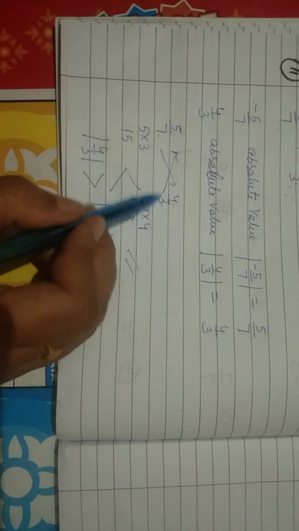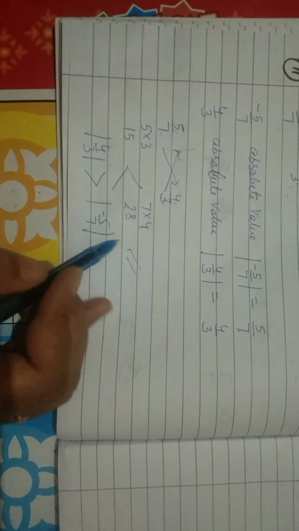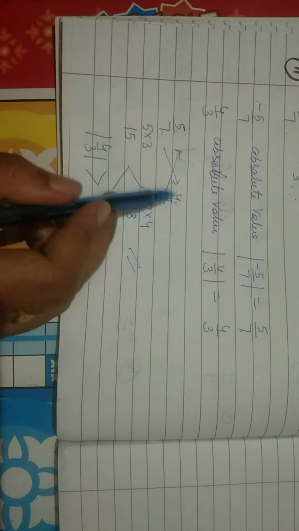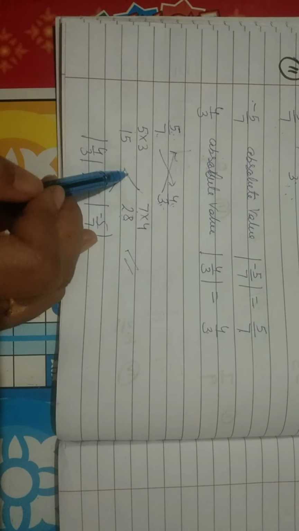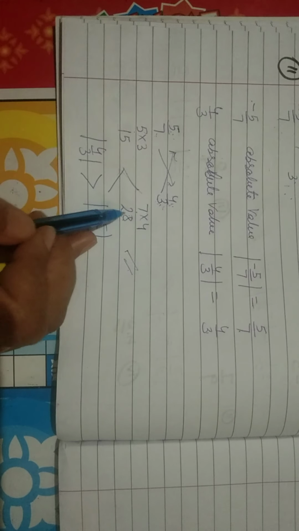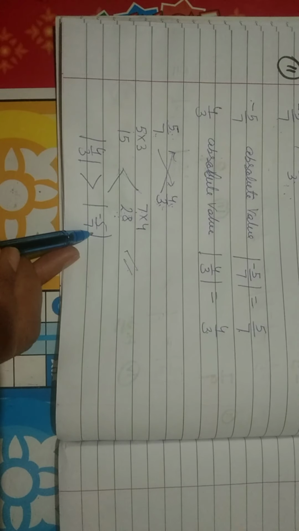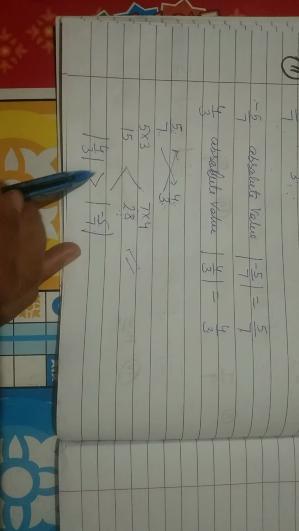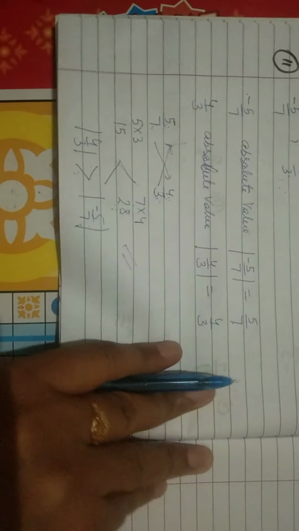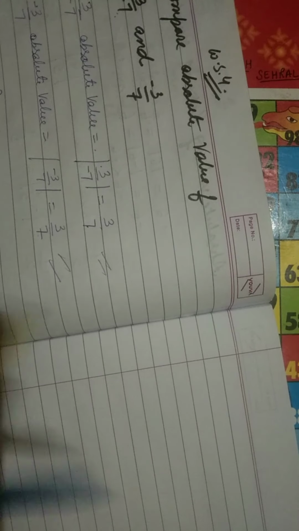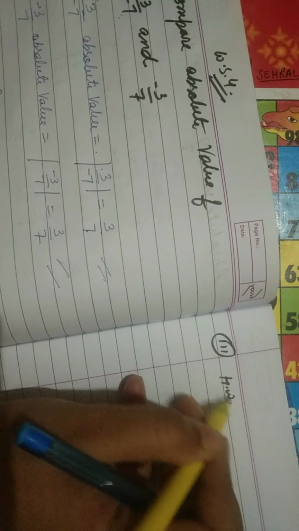Fine. Now how to compare two rational numbers. Again we are going to solve these kinds of questions. So just cross multiply. Whatever the answer will come, you have to just find out which number is greater. To that side which rational number will be lying, that will be greater. So 4 upon 3 is greater than minus 5 upon 7, or the absolute value of 4 upon 3 is greater than the absolute value of minus 5 upon 7. So in this way you have to solve third part also. So this will be your homework.